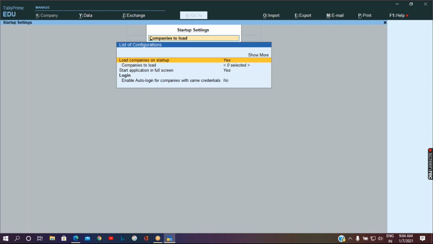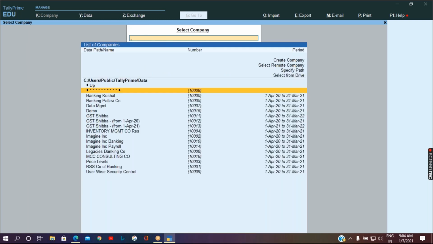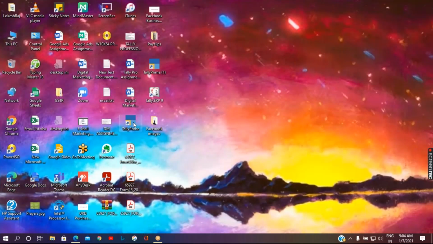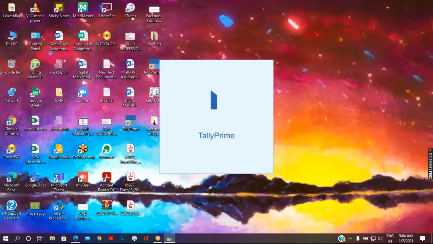Make sure Load Companies on Startup is set as No, and accept the screen by pressing Ctrl A. Now if I shut Tally and open it again, it will not open with any company, and it will show the list of companies.